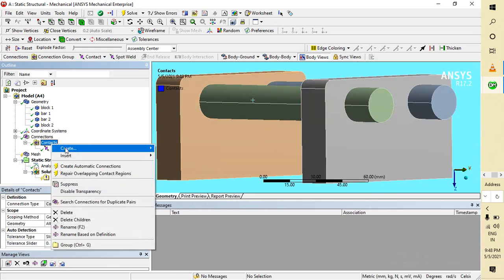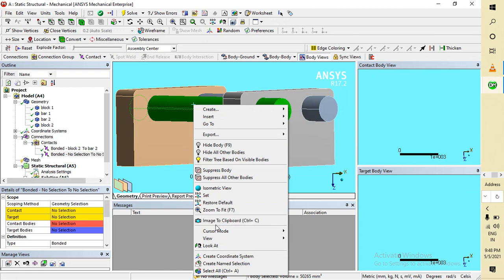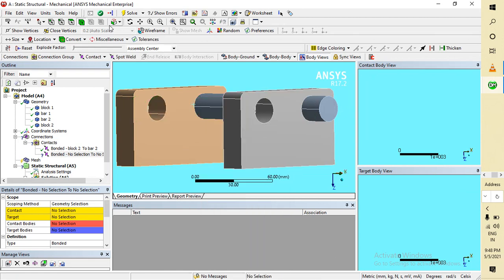So now contact, insert, manual contact. Select this one, right click on it and hide all bodies. Now I have to take this one, go here and select this one, and this is a contact body.